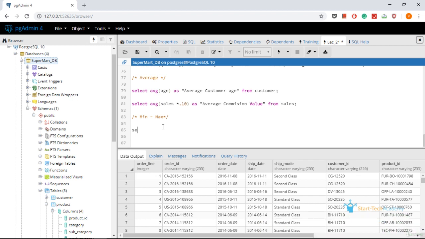So let's write select min, the column name is sales, as minimum sales value, June, from the table name where the order date is between